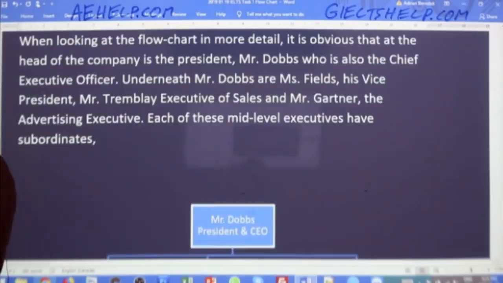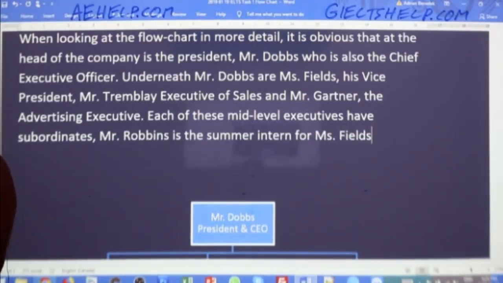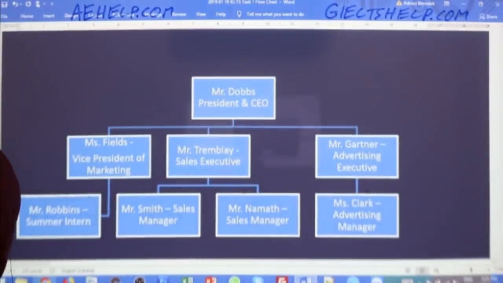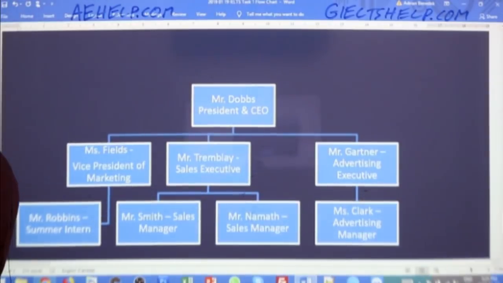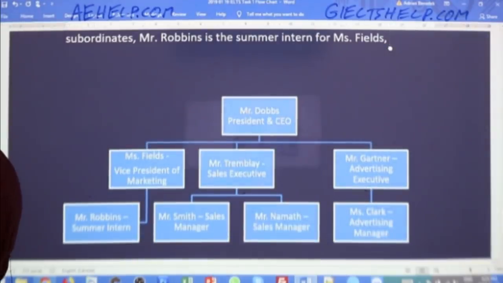Mr. Robbins is the summer intern for Miss Fields. Two sales managers, Mr. Smith and Mr. Numath. Let me make it a little bit smaller so you can see what's going on.